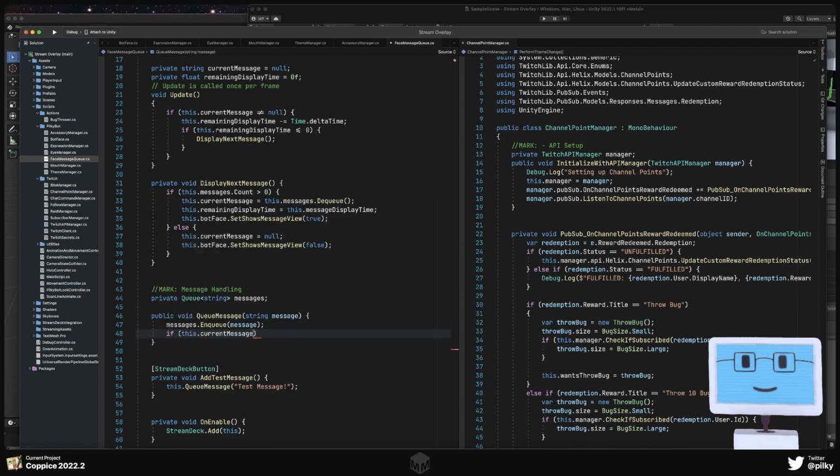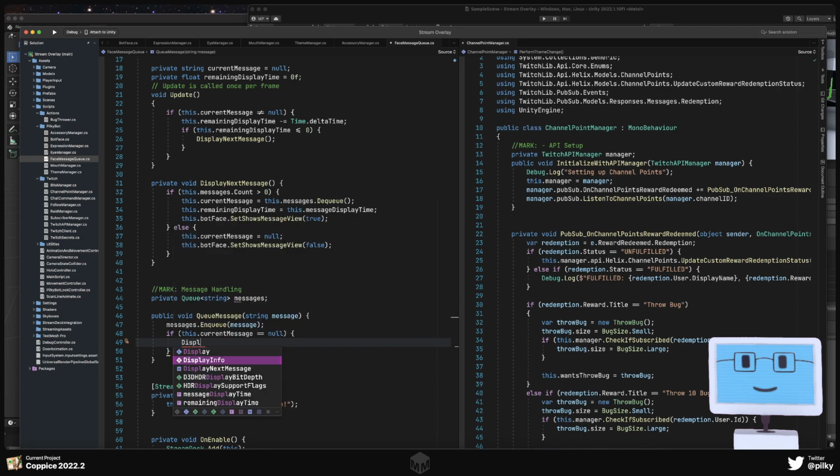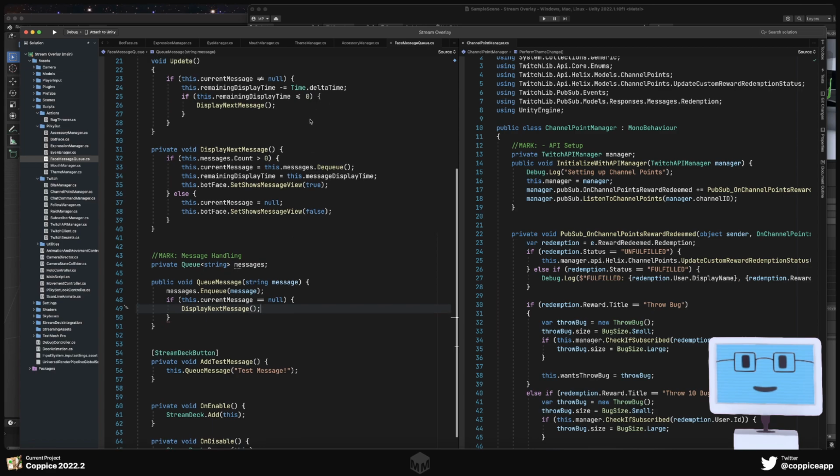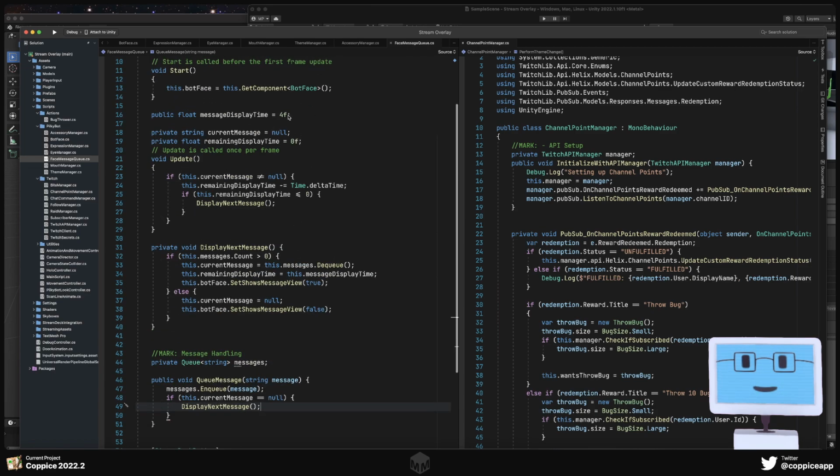If this dot message is no, then we display the next message. So we haven't got a message currently displayed. We display it, at which point it will start counting down, and then on update we keep displaying the next message when the display time gets to nil, until we no longer have anything to display. So if we just set that to 2 seconds for now,